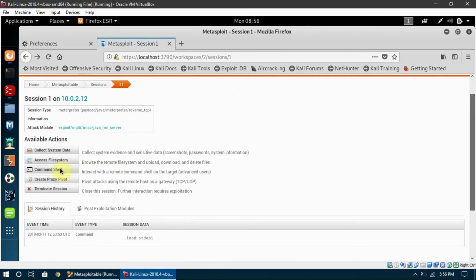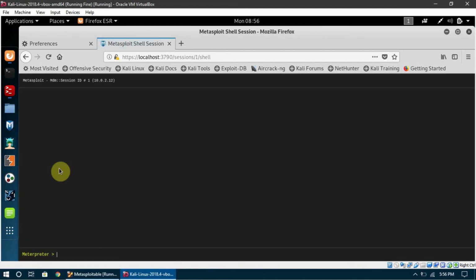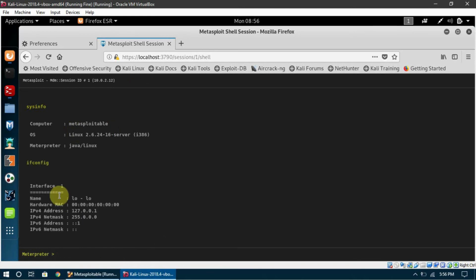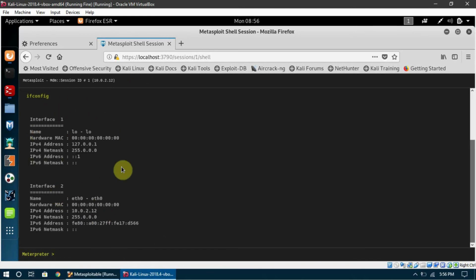Here is a command shell. This command shell is very similar to the terminal we were using with Metasploit. I can say sysinfo, and it shows the system information, and I can say ifconfig, and you can see it gives us similar information to what we were getting in Metasploit.